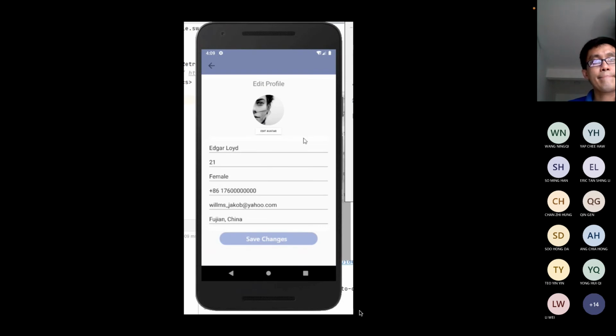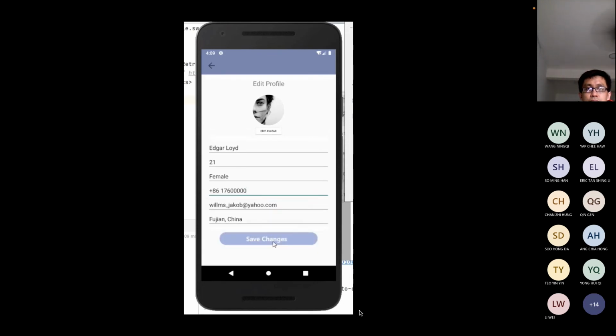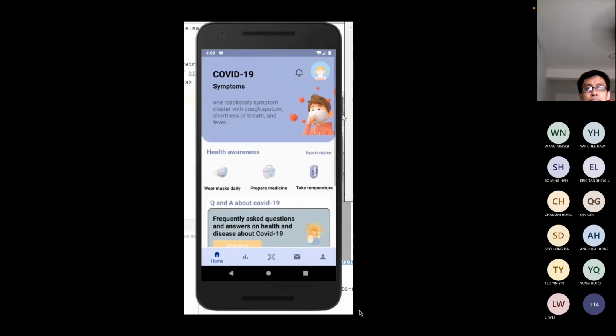In this page, the user can add their name, age, gender, phone, email, and location. And if they change their phone and click save change, the new information will be saved. And if they exit the page,